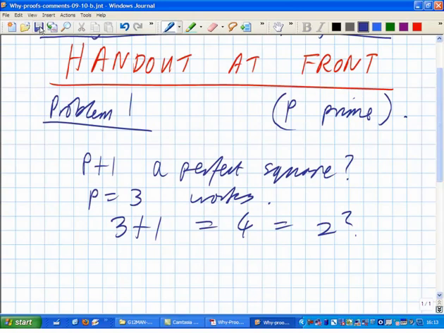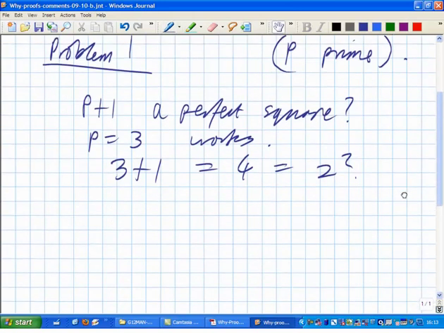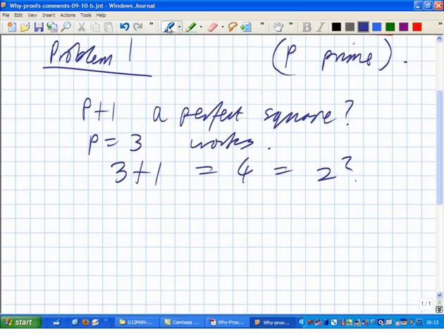And until you've got some reasoning, until you've come up with some reason for deciding what the answer is, you should be equally biased either way, because checking a few cases is not going to help you with this problem. Okay, so the question is, is this the only one? Does anybody think they've got a proof or some reason or an explanation why 3 might be the only one? Any suggestions?